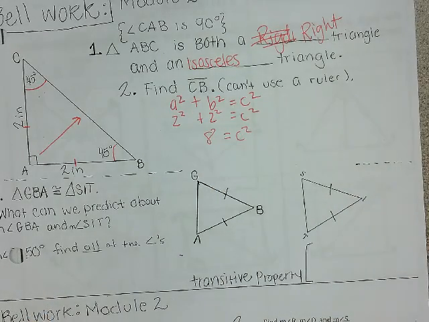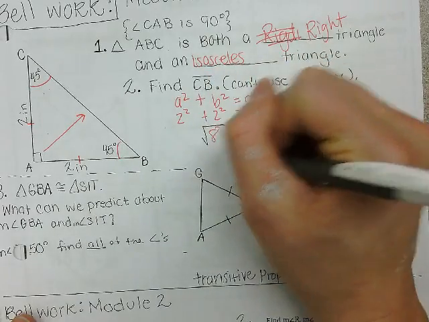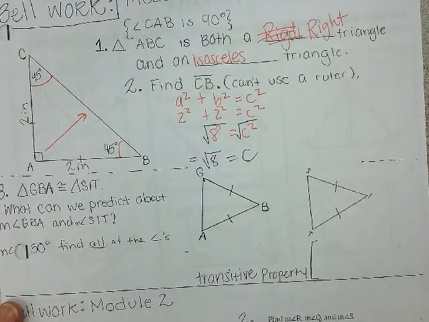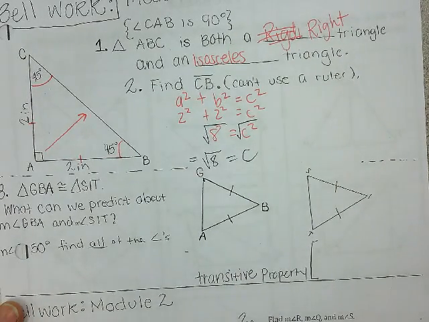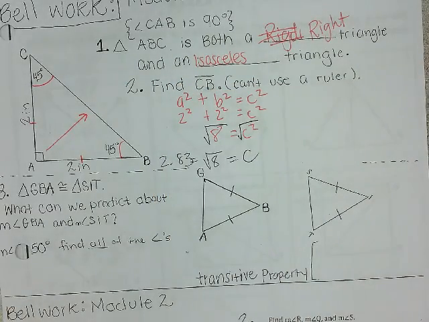How do I get rid of the square? What's it called? The checky thing. The square root. All right, so you get the square root of 8, which is gross. What is it? 2.83. Yeah, 2.83. All right, so